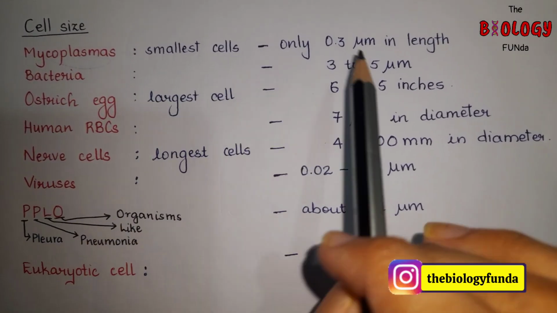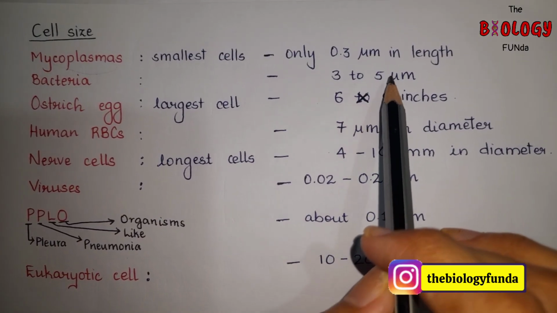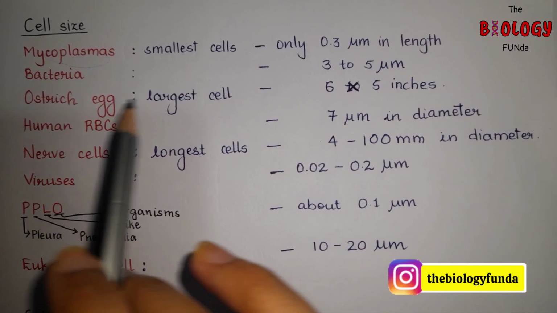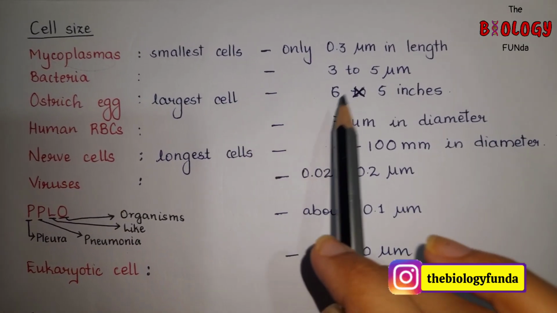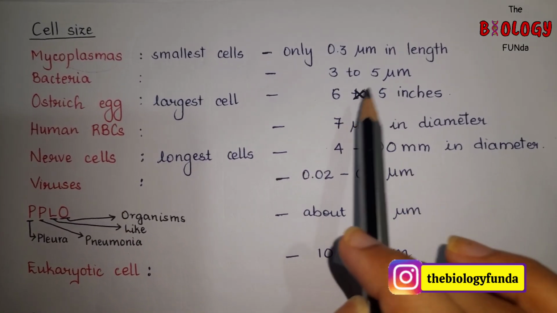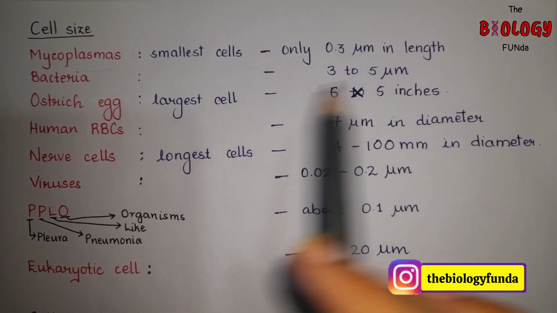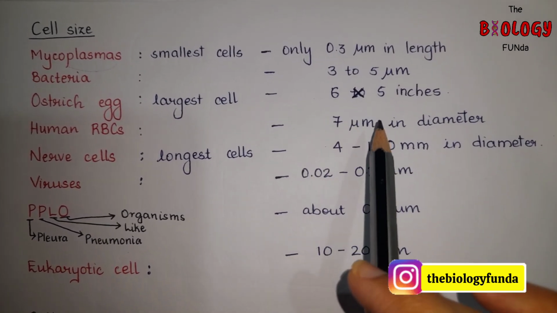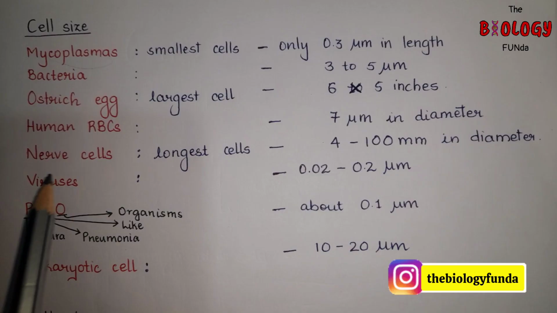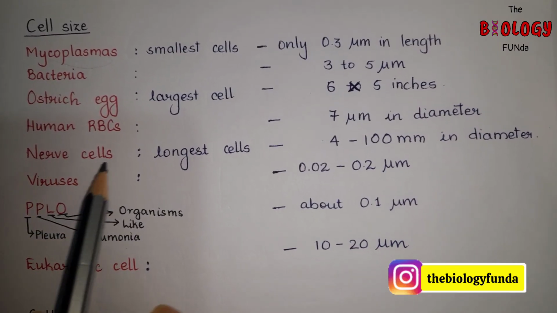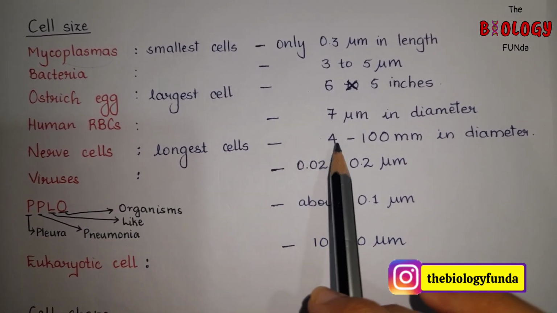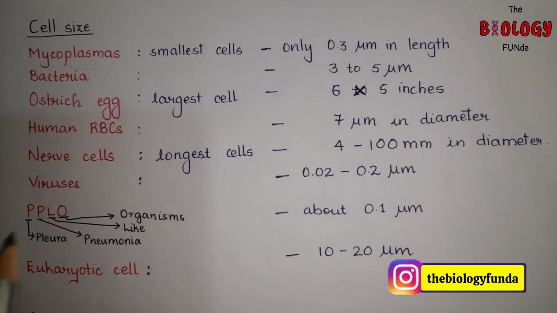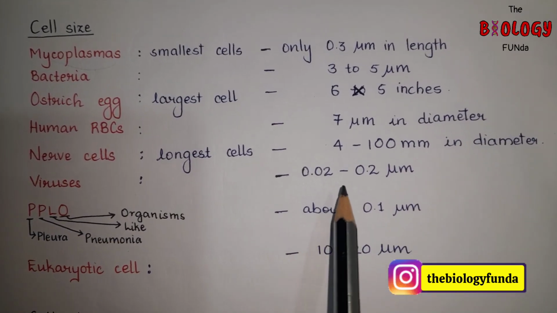Bacteria on an average are 3 to 5 micrometer. Ostrich egg is said to be the largest cell, which is 6 inches long and 5 inches wide. Human red blood cells are 7 micrometer in diameter. Nerve cells are the longest cells. Viruses are 0.02 to